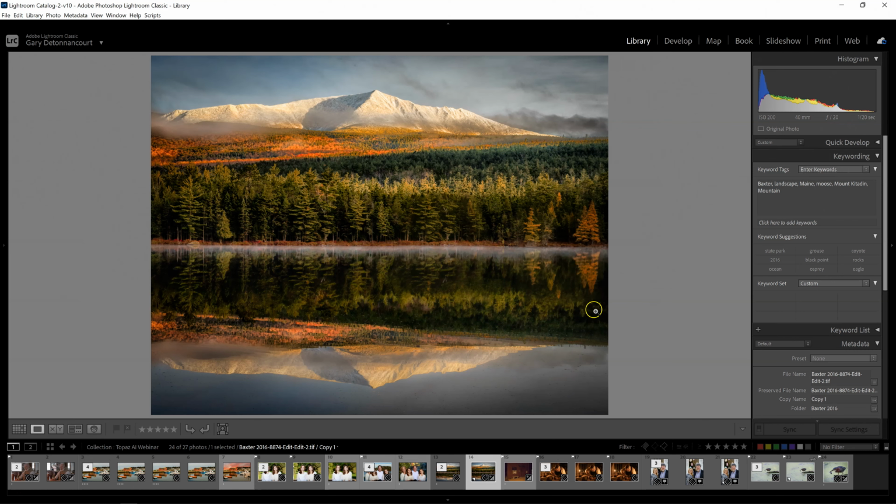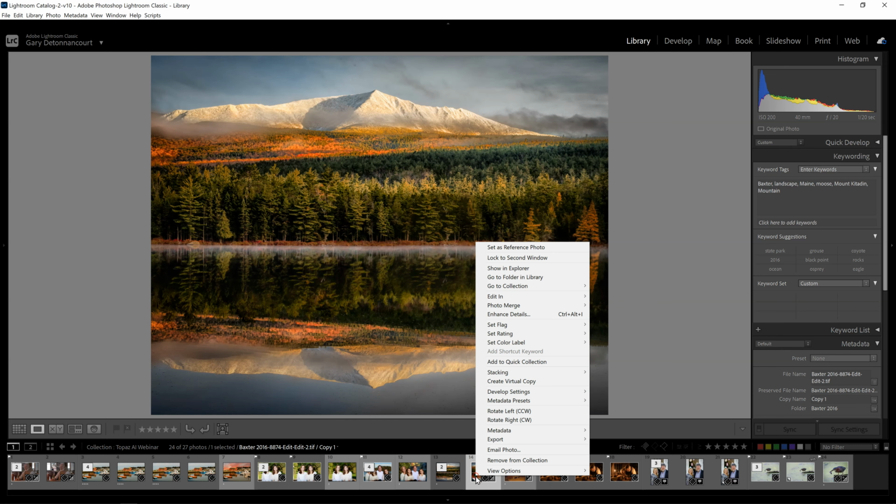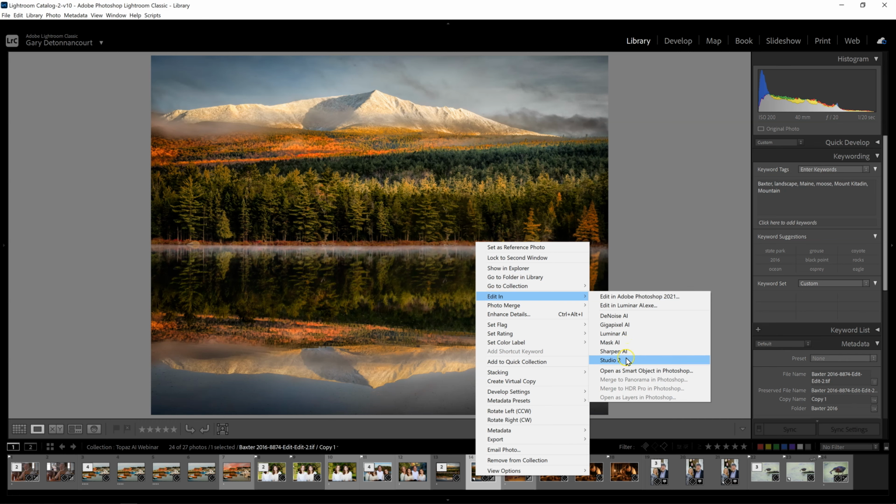A second workflow might be to go from an editing program like Lightroom or Luminar or On1 or basically any other editor, even including Studio 2 from Topaz. Once you're in there, you can send the photo from your editing program to the Denoise AI plugin or any other plugin that you want. So in this case, I've set up by right-clicking on the thumbnail in Lightroom and then going to Edit In. I can now, because I've set these up ahead of time, go to any of my plugins,